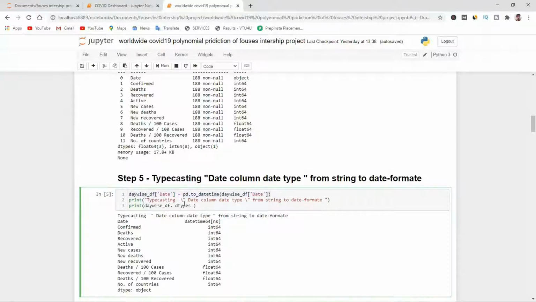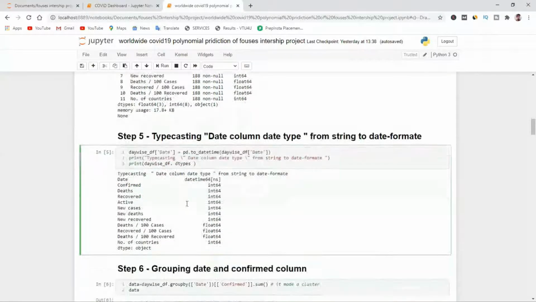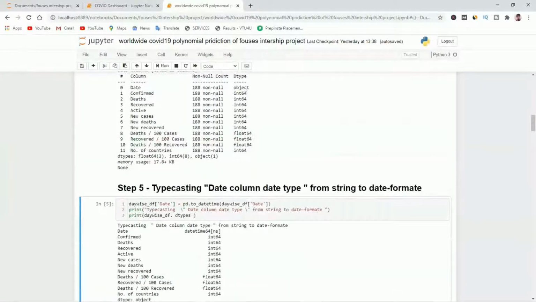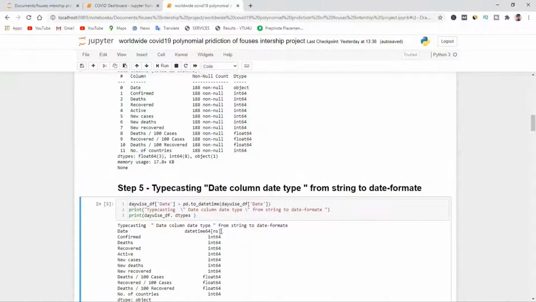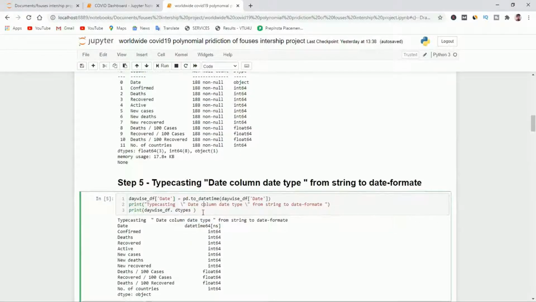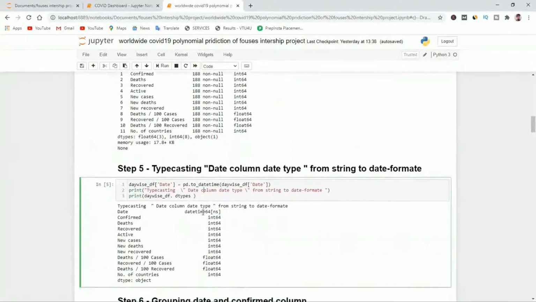Afterwards, I printed this one, and as you can see here, this date is there now. See, it's converted into datetime. As you can see here, it was a data type of object, but here it's a data type of datetime. Now from here, step 5, it got converted. So afterwards,